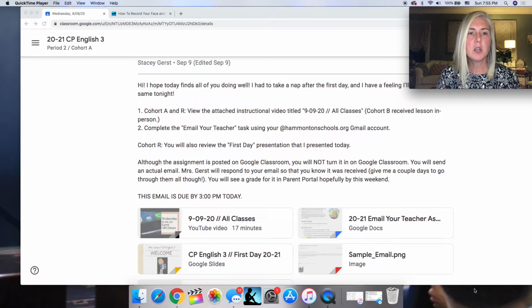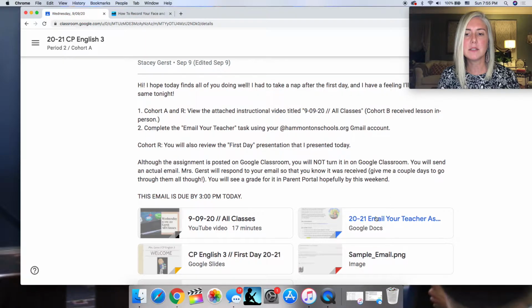In this tutorial, we're going to talk about how to send an email using your school account and also learn how to attach a picture to it. Now, this was an assignment I had given during week 1, but a few students are still missing it, so I wanted to walk you through the steps for that. The actual assignment document looked something like this,